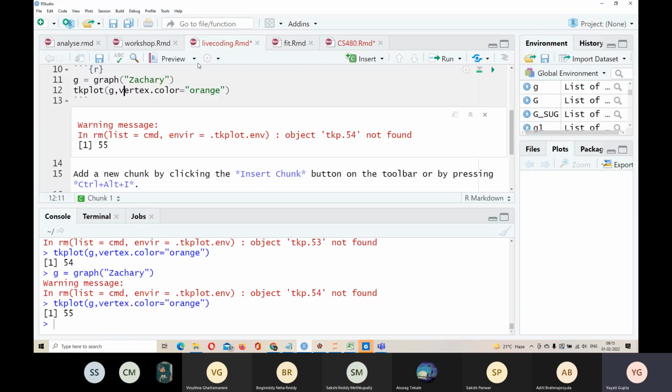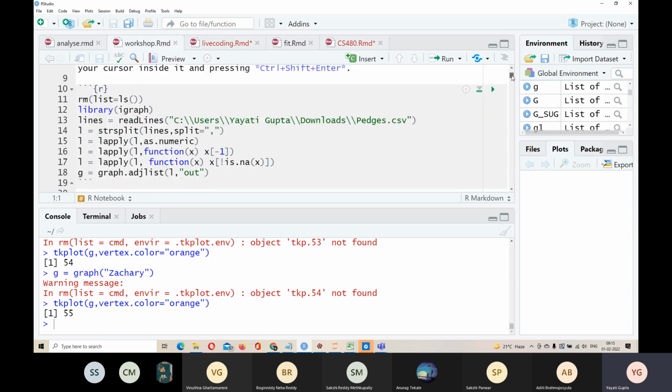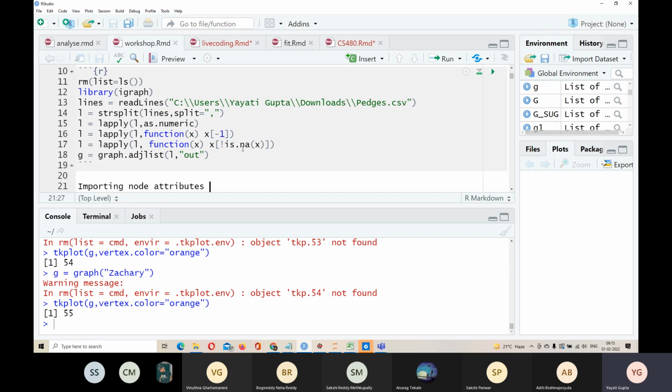Let me show you this network. I've used some functions here just to remove some additional spaces from the graph. If you ignore these lines, I'll share this code with you. You can look at this function, Graph.Adjacency list. Once you have imported this list with the help of the readlines function, I have passed it to the graph adjacency list function, and based on this list, it will create a graph.